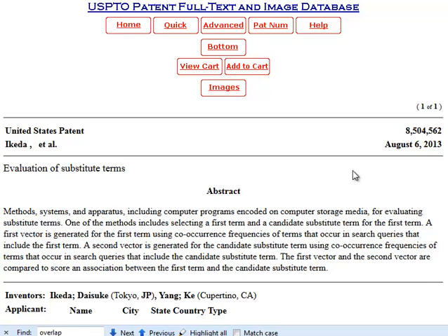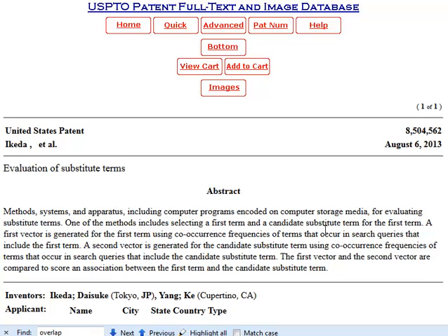So what they're saying here, we'll just try it. I hate the language in these patents, but we'll try to get through it, all right? They're talking about a way that computer programs can evaluate substitution terms or substitute terms. One of the methods includes selecting a first term, like a parent term, and a candidate substitute term, like keyword A, for the first term. All right, so now it's going to compare these two terms. And a first vector is generated. That's a mathematical way of looking at the documents to determine what the co-occurrence frequencies are between these two terms